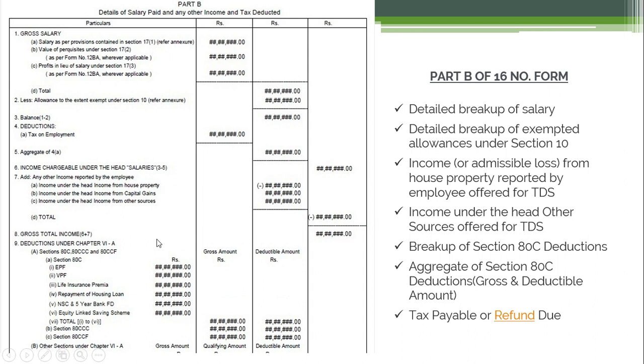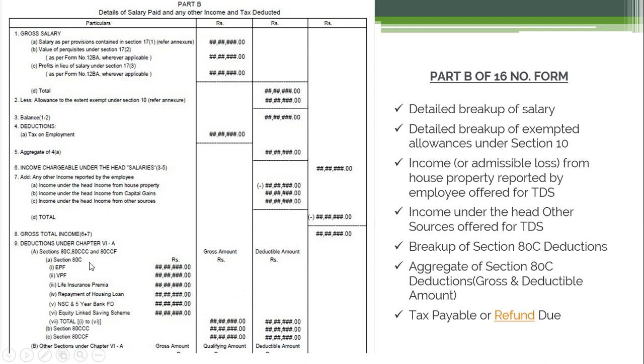Then you will again have a gross total income from 6 plus 7, if you have any other income reported by the employee, which can be from house property, capital gains, or other sources; it will be taken as total income from the 6th and 7th point.